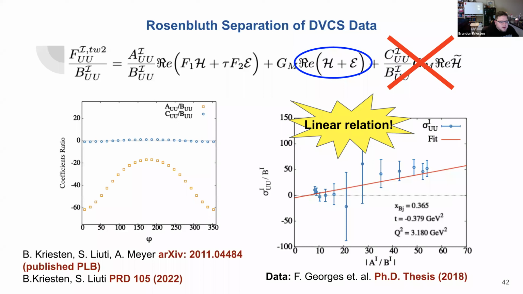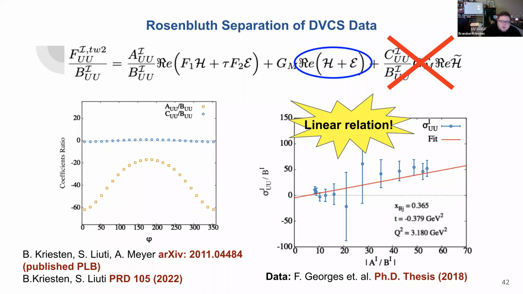So we came up with this idea of utilizing an older technique of Rosenbluth separations and making these Rosenbluth-like separations, in which we numerically studied all the coefficients in front of these terms, and we saw that this term that's sensitive to axial charge is not particularly large. This makes sense if you think about elastic scattering. The axial component of the elastic scattering cross section is not going to be very large, probably. So this is very reminiscent of that fact.